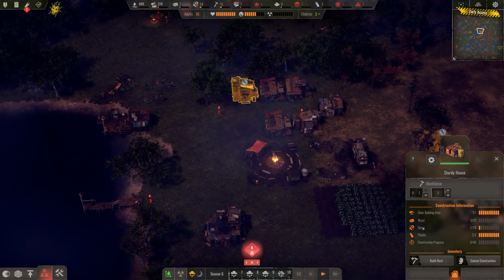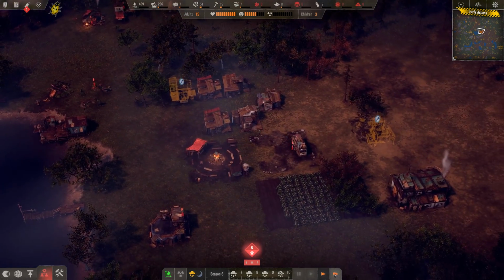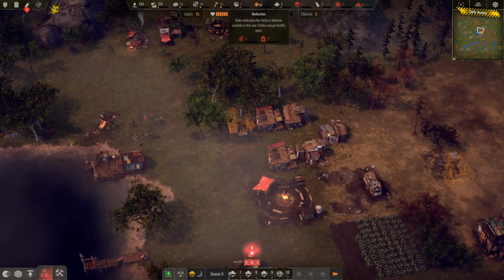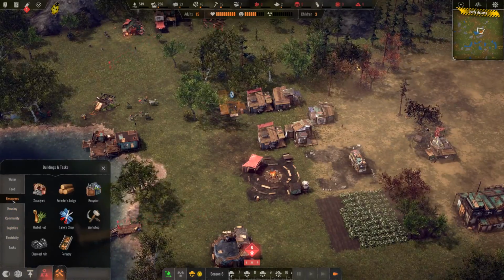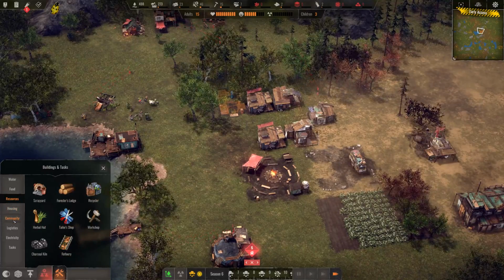Yep, they're delivering the wood, scrap metal, and plastic to that position. And as soon as everything is there, they should be good to go. Alright, what else do we need? Medication, metal, and electronics. So one way we can speed up the collection of resources is by going for...